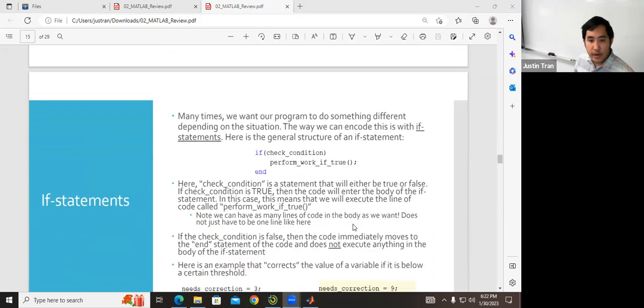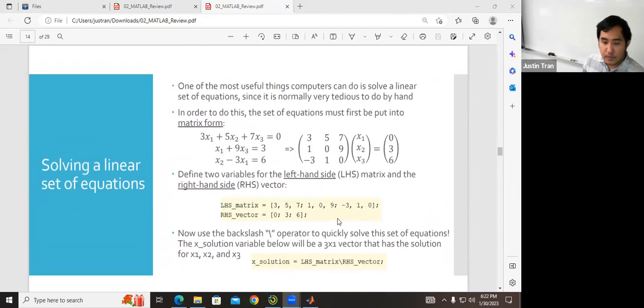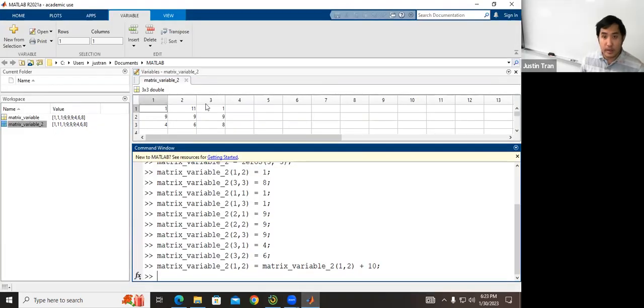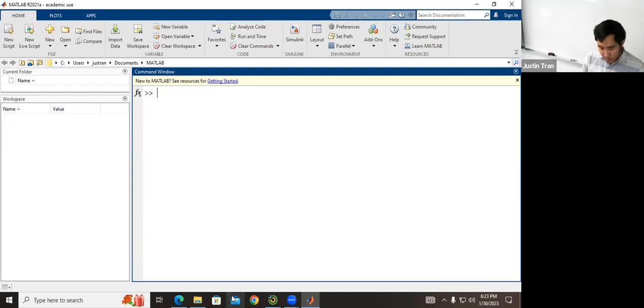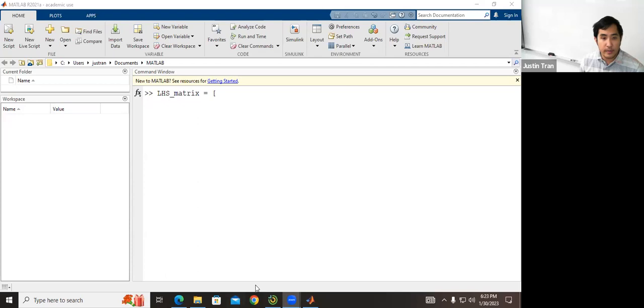All right, so let me do an example of this. Let me actually do this exact code. To transform this set of linear equations, let's define these lines of code. Let me close this. Clear all and clc, just to clean up our workspace. Okay, so for the left-hand side matrix, what were the values? We had